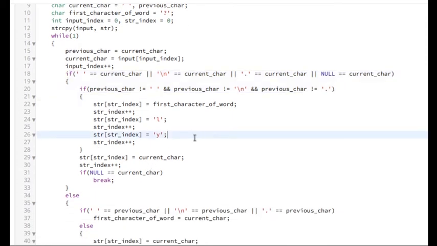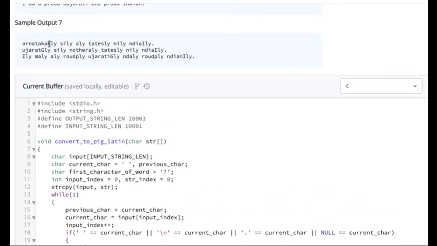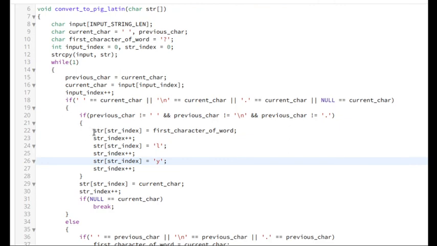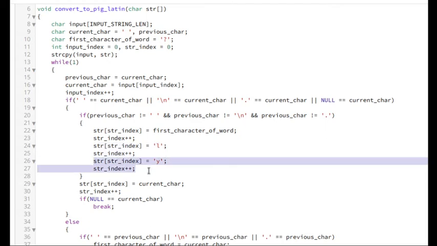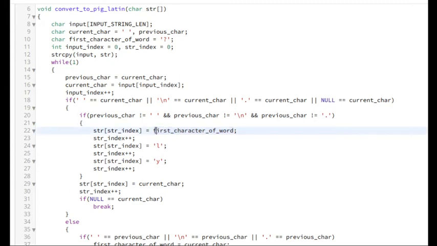And if the word ends, whenever the word ends, we should have the first character there, and then we should append it with ly. So we are storing at that index in str the first character of the word, and then incrementing the str index. Then we are storing l and incrementing the index, then we are storing y and incrementing the index. Now how the first character was stored here, we will come to that later.